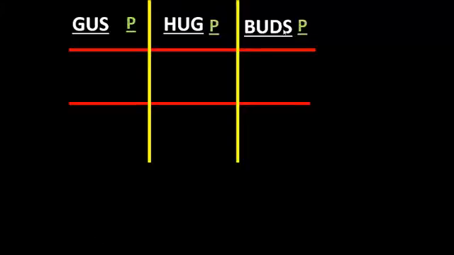Therefore, we're going to have to add 3 P's in all these regions. To learn it in an easy way, we're going to say that this region is going to be symbolized by a sentence called Gus hugs buds. So Gus, who's a guy, is going to hug his buds together with 3 P's in all the region because we're going to have a pancreas. Easy, right? Okay,